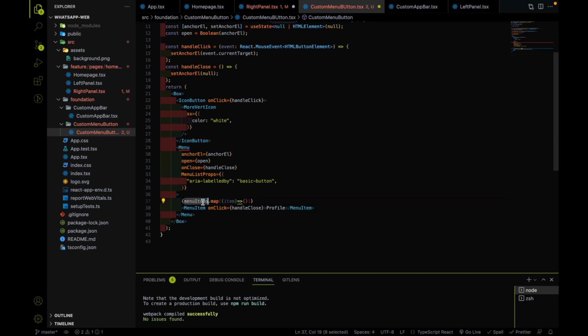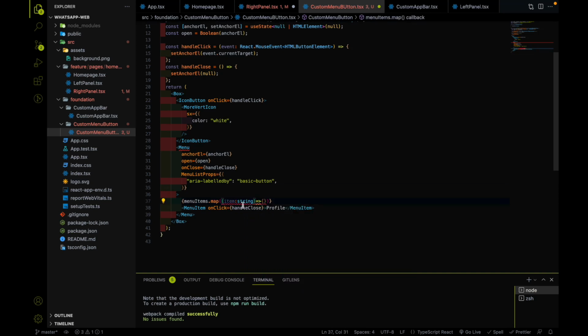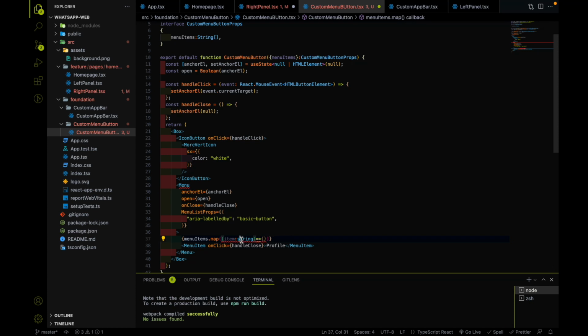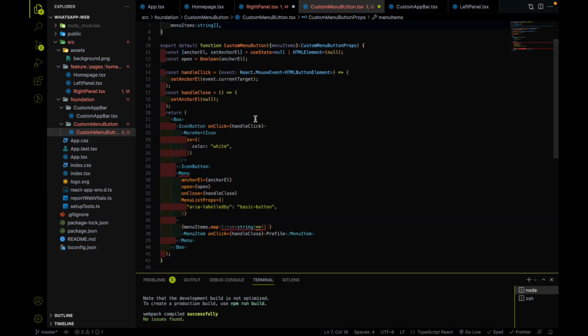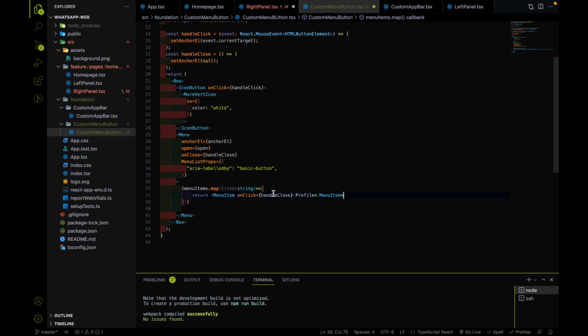So menu item is an array which has strings, so the type of the item is going to be string also. So it is like saying capital S. So it is like having, let me just put this thing return, then okay. So menu item is an array, and with the help of map we are going to access that array